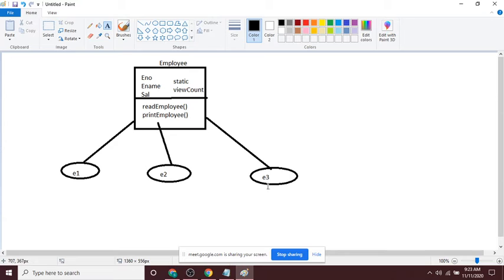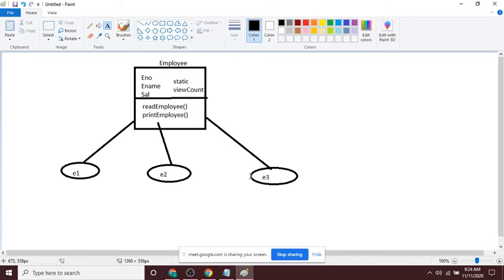Understood? A class variable will have only one copy for the entire class, and all the objects share that copy. Yes, sir. So for view count, even though you have 3 objects, E1, E2 and E3, there will be only one copy, and view count belongs to the employee class. All 3 objects share the view count variable.